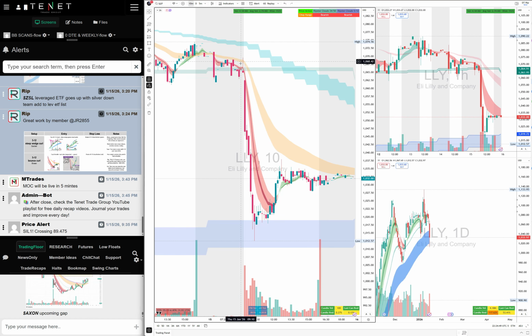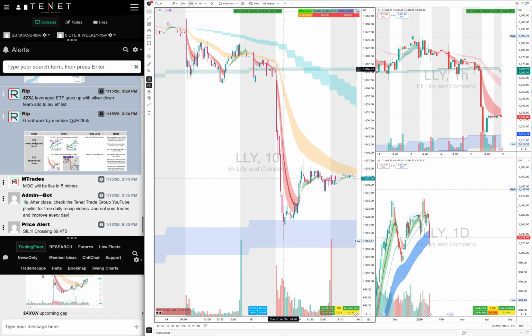It never pushed over 1070, so it was bearish because it was breaking the MTF clouds right at that candle. You take the puts, you short the shares right away because your risk is right here. The closer to the open you short, the better your risk, right? If I'm shorting right here, let's say I short at 160, then I have a $7 stop. But on the $7 stop, I make $50. That's a pretty good risk reward because it went from 165 all the way to 1012, almost $55. So the closer to that you short, and it's breaking the pre-market lows.